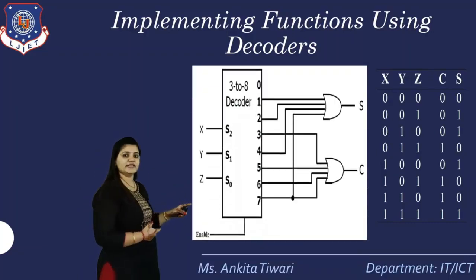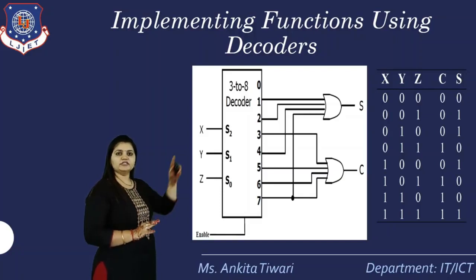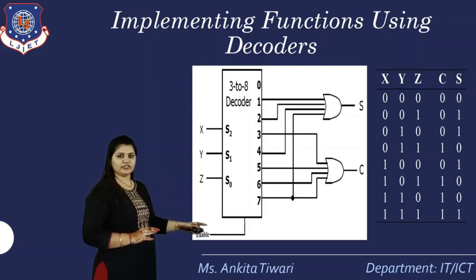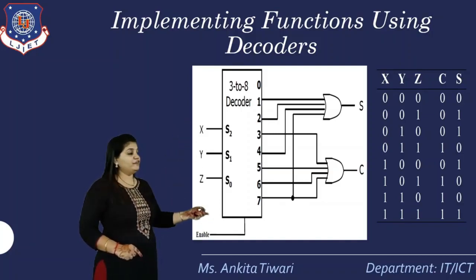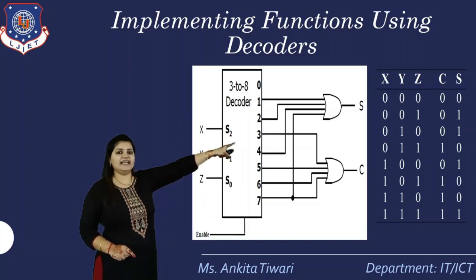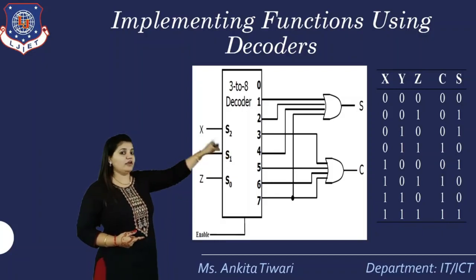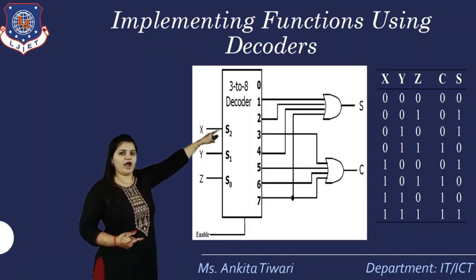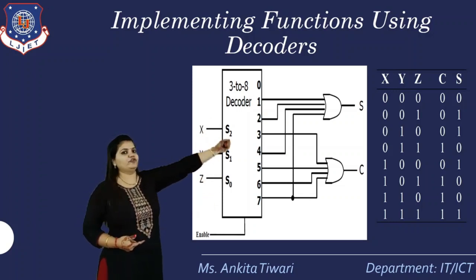So this is the circuit, as you can see. We have taken a 3 cross 8 decoder. Now we can take any decoder because we have to implement it. For 0, 1, 2, 3 and so on we are getting 8 possible values, because 3 cross 8 gives 8 possible combinations. Now from these 8 we have to design the outputs for C and S. So S is active for 1, 2, 4 and 7. So from the decoder, you take 1, 2, 4 and 7, you have to OR them, and you give that to S.